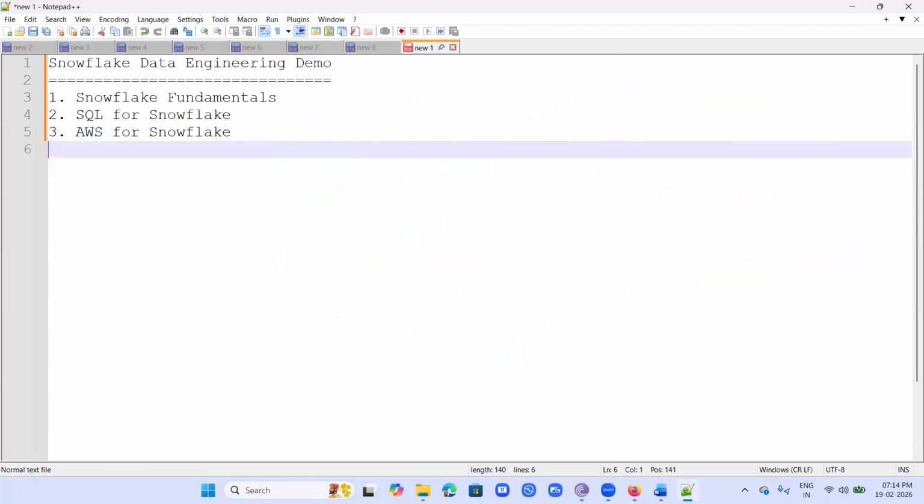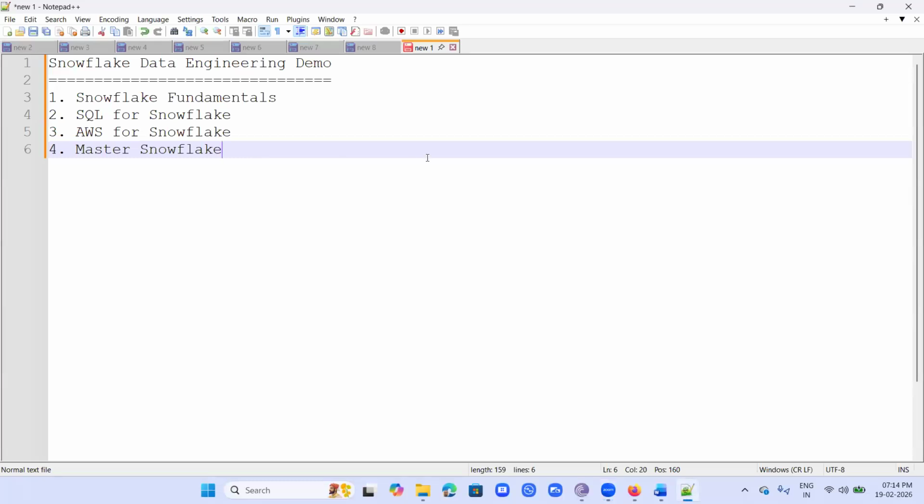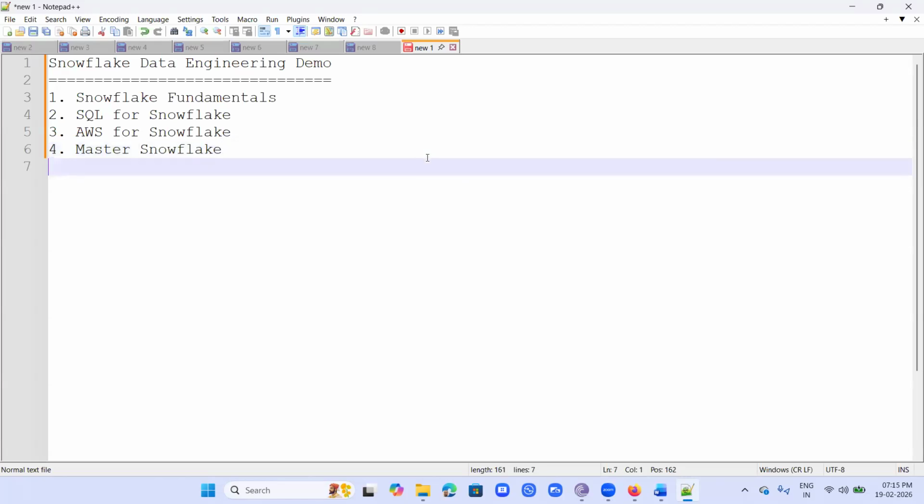The fourth important module is Master Snowflake. Here we are going to discuss all the Snowflake concepts like time travel, fail-safe, zero copy cloning, and all other Snowflake concepts. And once we complete this fourth one, we are going to discuss